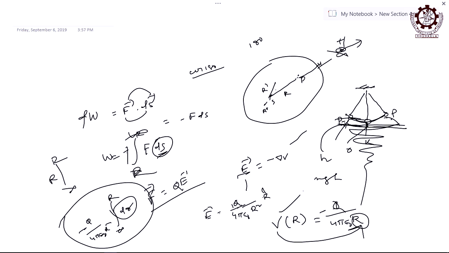Here is a negative sign, be careful. If it were positive you would be right, but the negative sign tells something else. When R is increasing, this quantity is decreasing, but minus of decreasing means increasing. Like the hydrogen electron in the first orbit is minus 13.6, the next orbit is minus 3.4 electron volt, increasing or decreasing? Increasing. The value is small, but negativity tells.